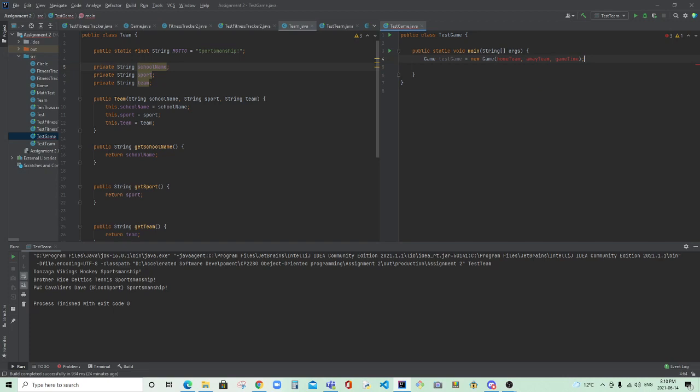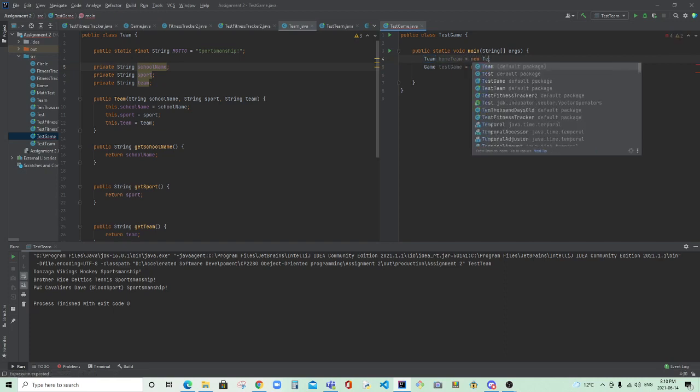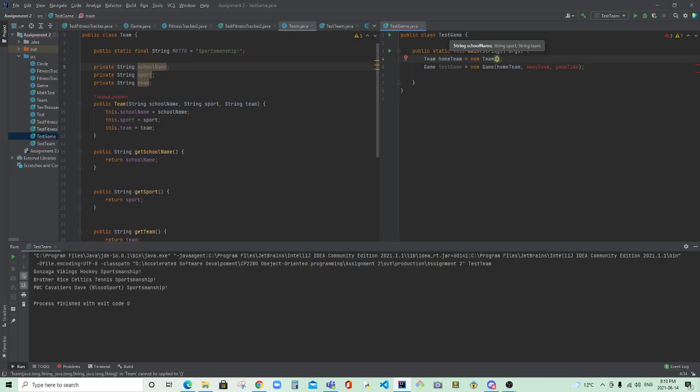Now look, they're not defined. So there's going to be errors. But you can just be like, okay, cannot resolve symbol home team. Create local variable home team. Boom. And it's going to say, give me a home team. And then you can come in and say, oh, well, it just needs to be defined, right? Like new team. And what does the team need? It needs a school name. Okay, well, I can give it a school name